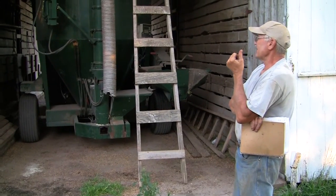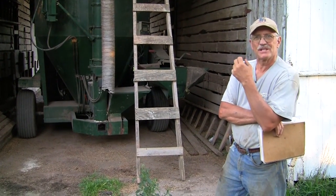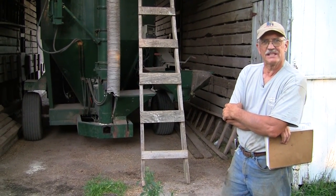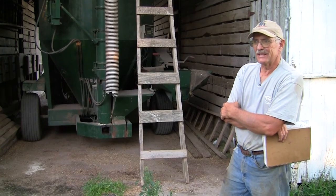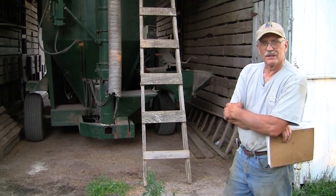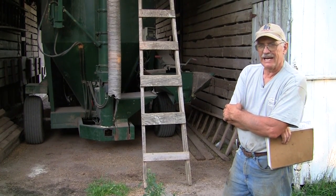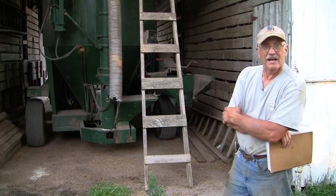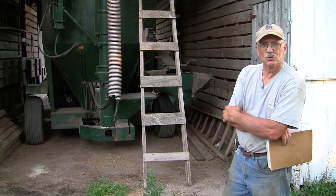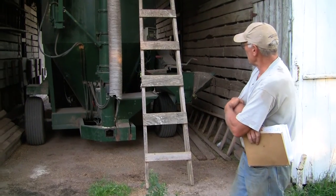We have a grinder mixer, which is the traditional way that farmers always have made their own rations and ground their own feed, really since about 1960, when portable grinder mixers came to be. And now they're hard to find. There's only one or two companies making them new, and one of those companies is Artsway here, right in Iowa. So we've got an Artsway